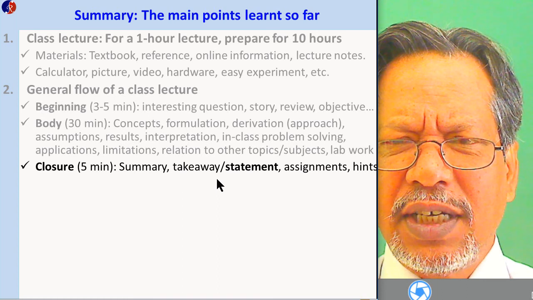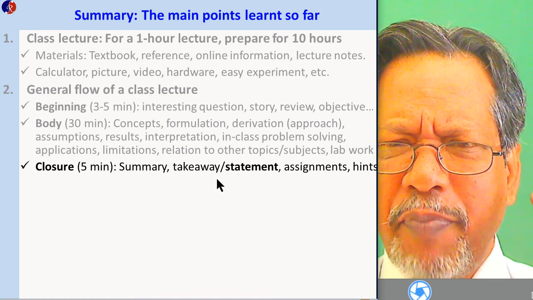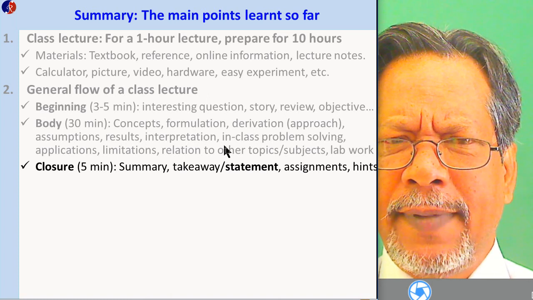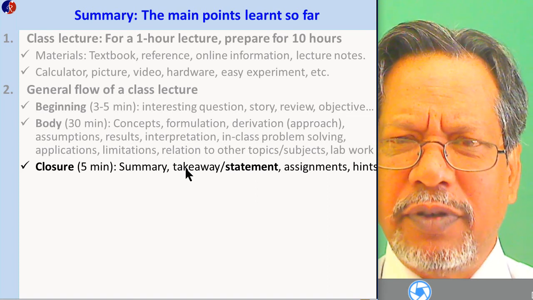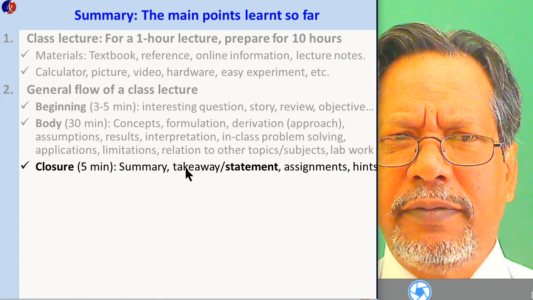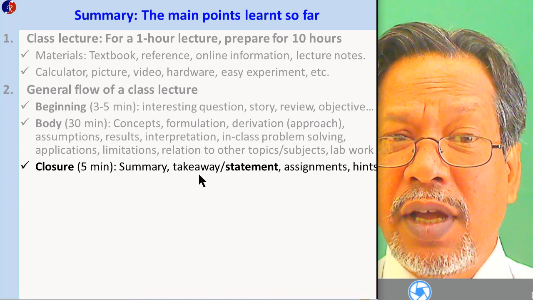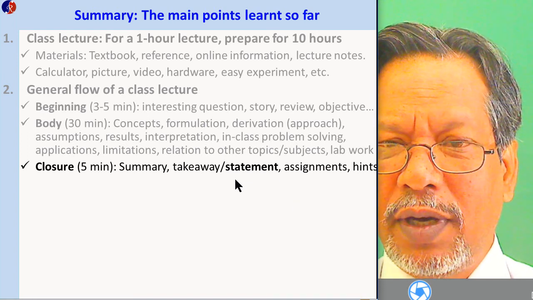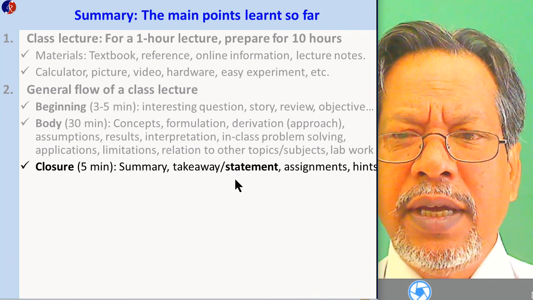Takeaway statement. If you can come up with one or two lines that they would remember and have an impact on their mind, for the entire class, whatever they have learned today, a statement that they'll not forget. I remember statements made by some of the professors 30 or 40 years ago. I don't remember the details of derivation, which I can look up in a book, but the concept is summarized in the statement. For example, one top professor, number one in the world in his field, said,